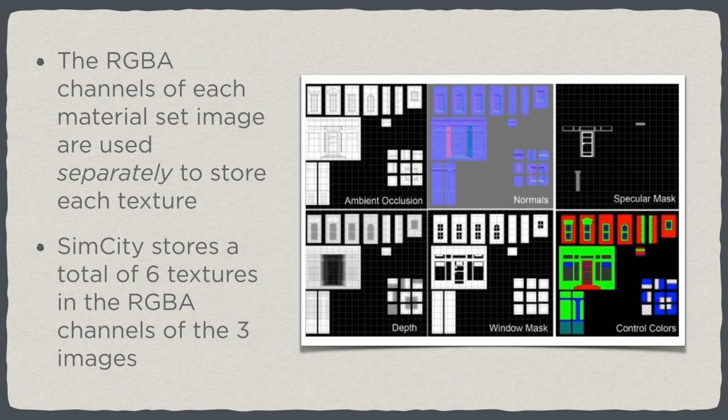So as you might already know, a digital image is most often a combination of the red, green, and blue channels, and depending on the format, an alpha channel. If you look at an image from a material set, however, the RGBA channels are not used to form a coherent image when combined. In fact, in this case, the RGBA channels aren't meant to be combined. Rather, they are used separately to store textures used by the game engine to render materials.